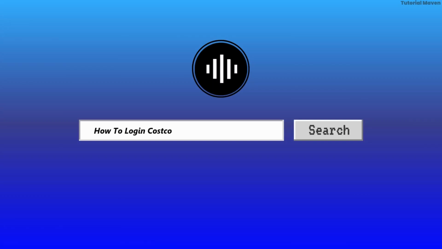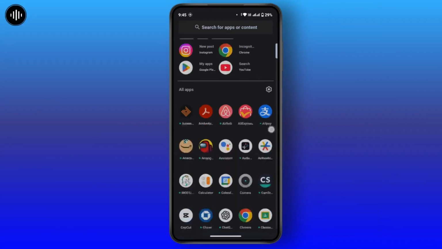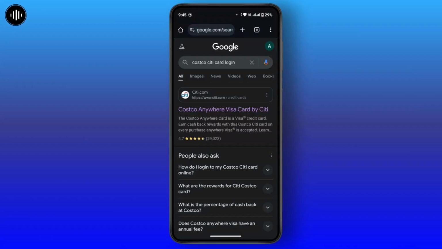How to log in into Costco Citi card online account. First of all, open up Google Chrome and in the search bar type in Costco Citi card login. Once you search for it, you'll land in the search results. From here, navigate to the first link, that is